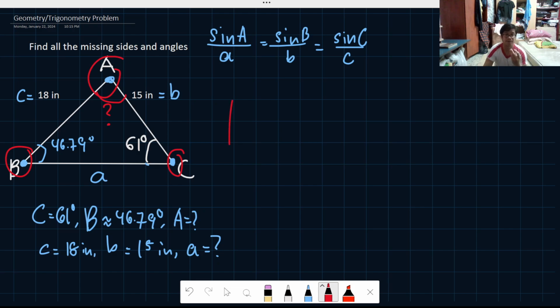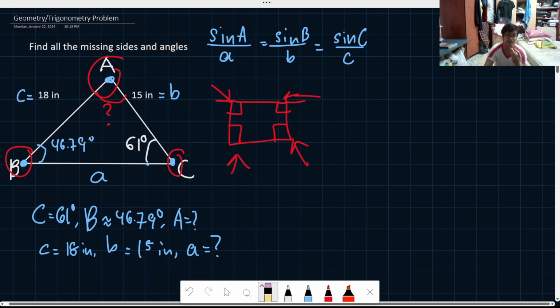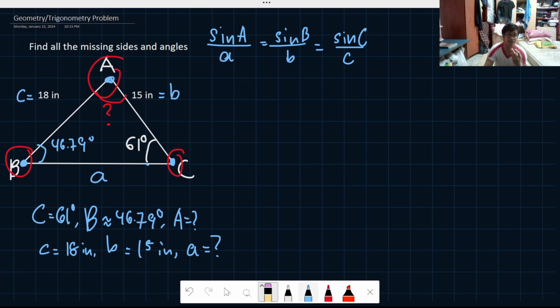Like, for example, if I have a square, the angles at the corners here are your interior angles. Okay. So here's the thing about the interior angles of the triangle. If you add all of the interior angles, it would sum up to 180 degrees. Basically, the sum of all interior angles, or SIA, is 180 degrees.